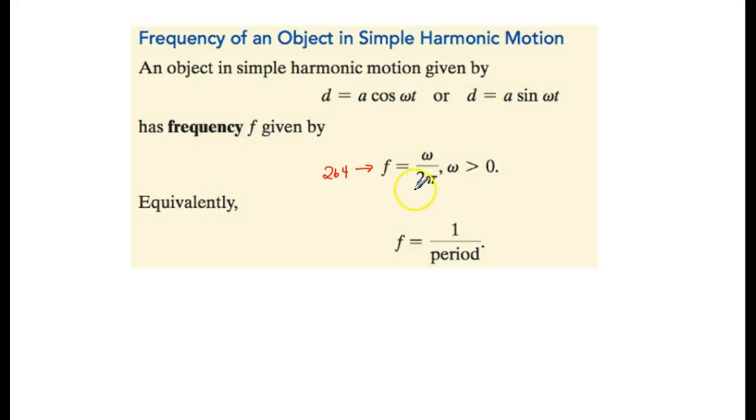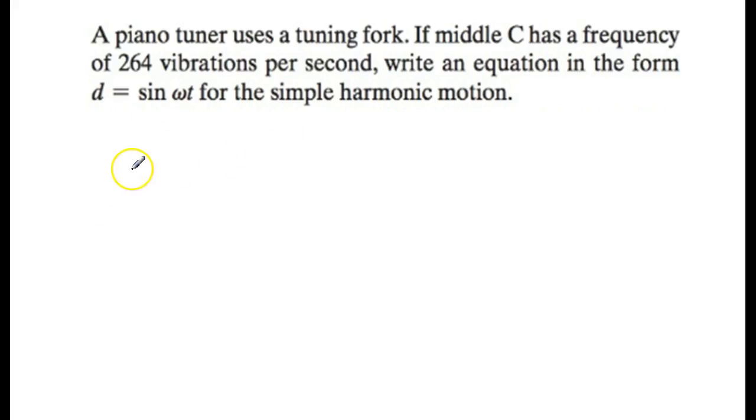We have to multiply both sides by 2 pi. So 264 times 2 is 528 pi equals omega. So that's what we would put in for omega in this. So D equals the sine of 528 pi